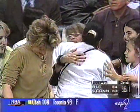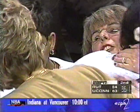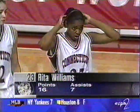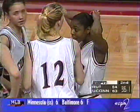Again, 63-54 in favor of Connecticut. Kathy Auriemma is being hugged, the wife of Geno Auriemma, with Nykesha Sales at her side. It's been a very emotional time for Connecticut, and we have not talked about the controversy, and we do not want to talk about it. What happened, happened, and Connecticut has been very torn apart by what happened with Nykesha Sales and the controversial shot, but it's been remarkable how they've been able to put that aside. It had to be very draining for the Connecticut players. And it has taken these players a couple of games, Robin, to regain their confidence. And I think that we saw in last night's game the start of that. And certainly in this evening's game, they not only